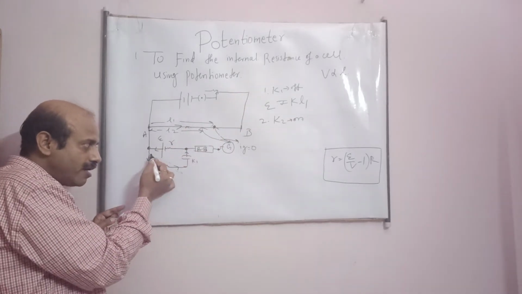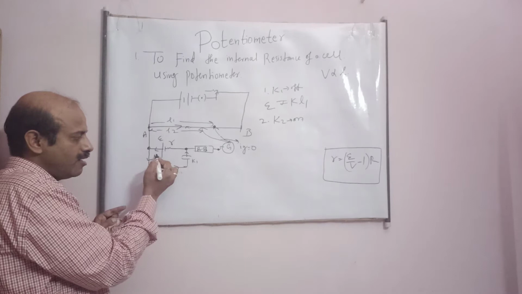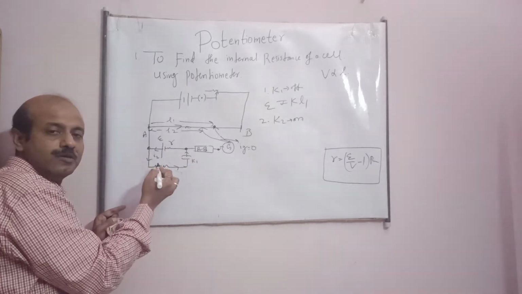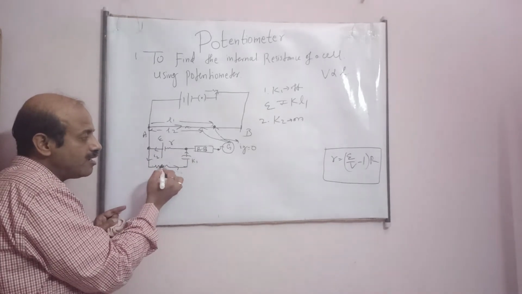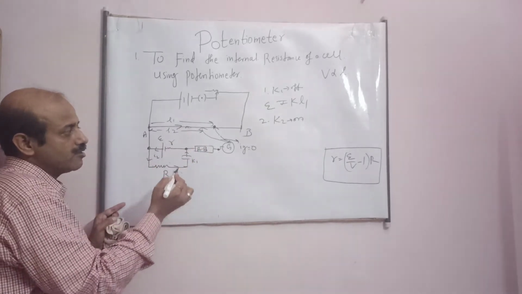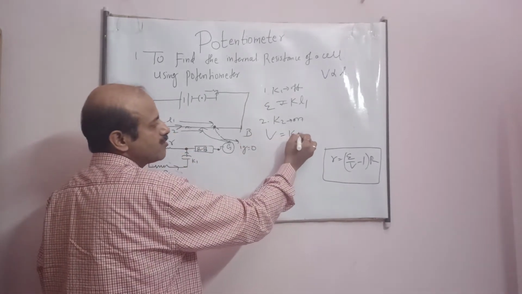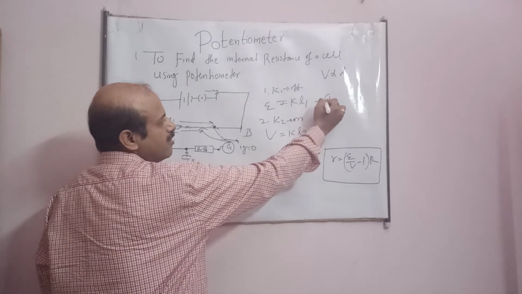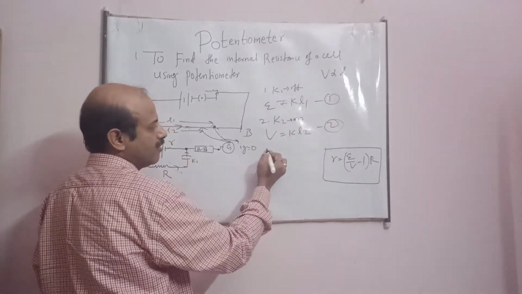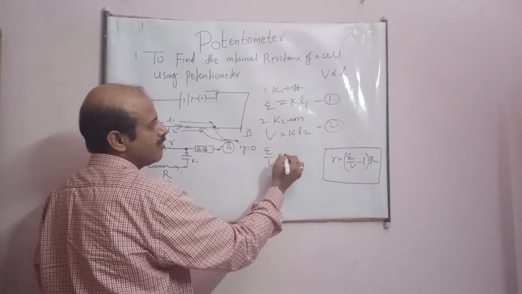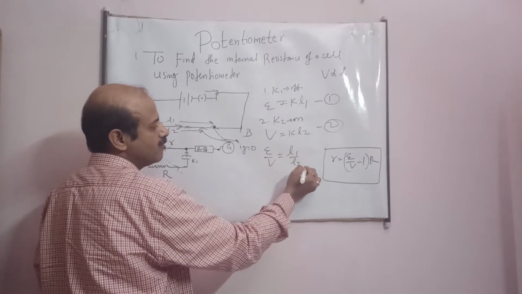But now since the current is flowing here, say I2, in this circuit also, it is balancing the potential difference across this. So now the next length which you will get will be proportional to the potential difference. This is one equation, this is the second. Now if I solve it, student, I will get L1 upon L2.